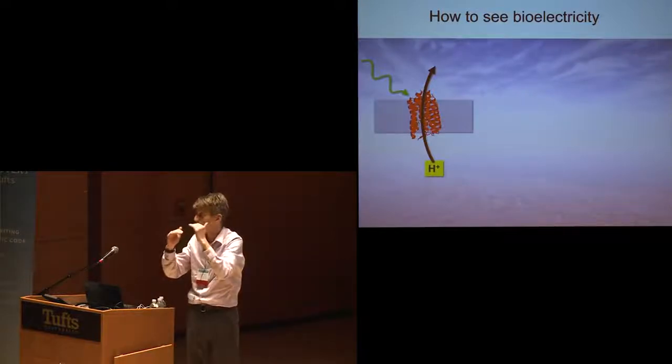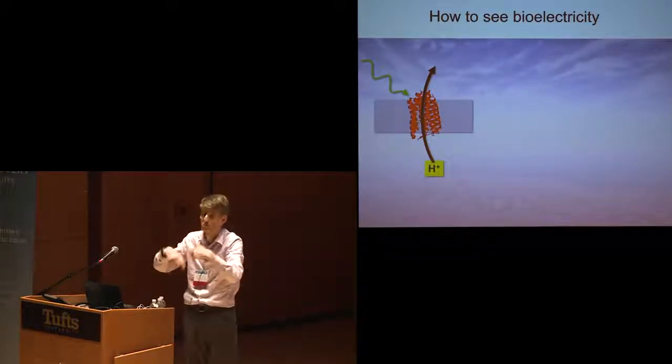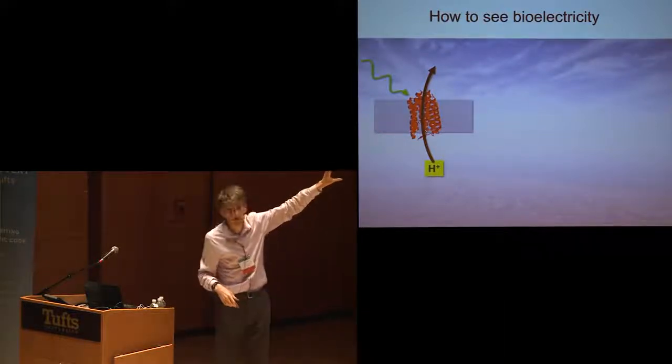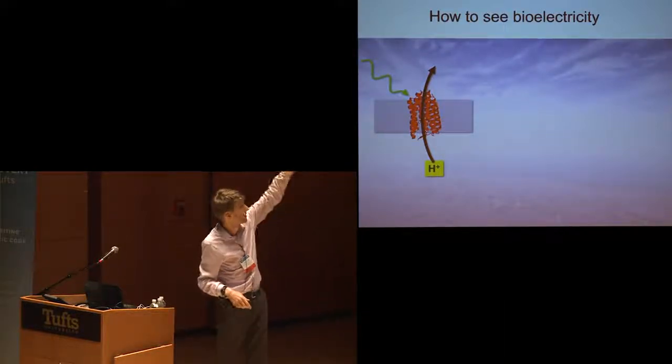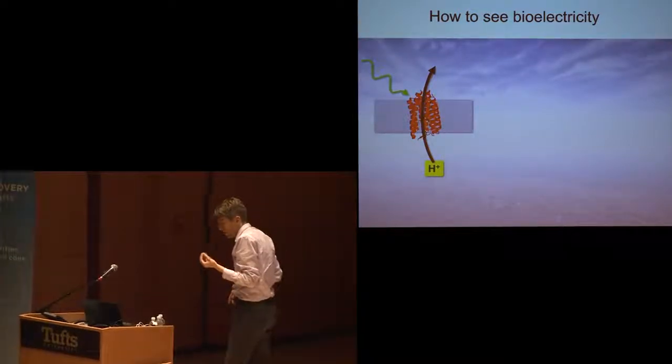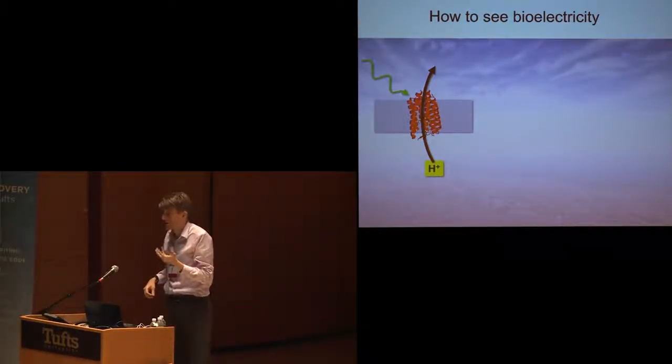That builds up a membrane voltage, which this creature then uses to power its metabolism, to power the ATP synthase. So you can think of this like the world's smallest photovoltaic device. Light comes in and a voltage comes out. So I said to myself, I wonder if we can run this protein in reverse.